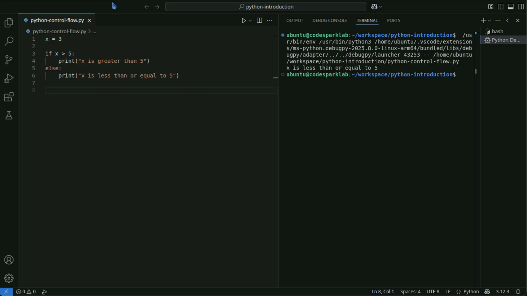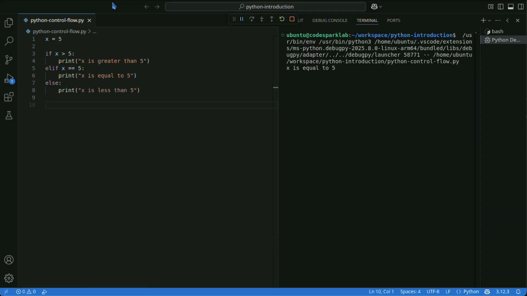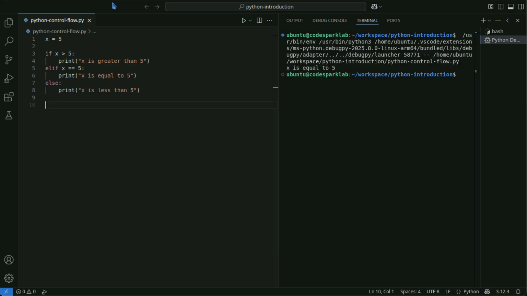If you need to check multiple conditions, you can use elif, which stands for else if. In this example, "x is equal to 5" is printed.